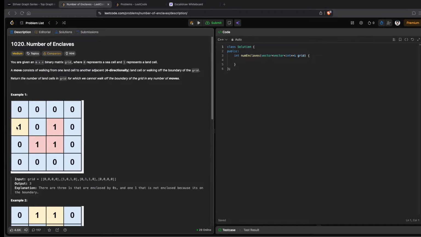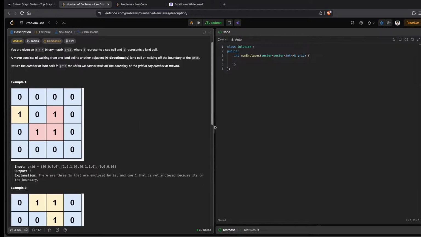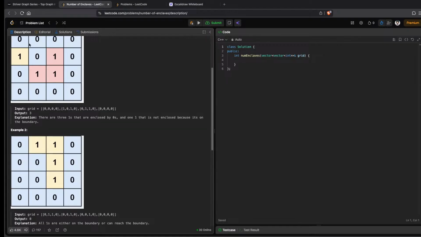After that, there is a possibility of getting out of the boundaries of the grid. If you don't have any 1 at the edge, then there is no way you can go out of the boundary. Like if you have zeros on all the sides,